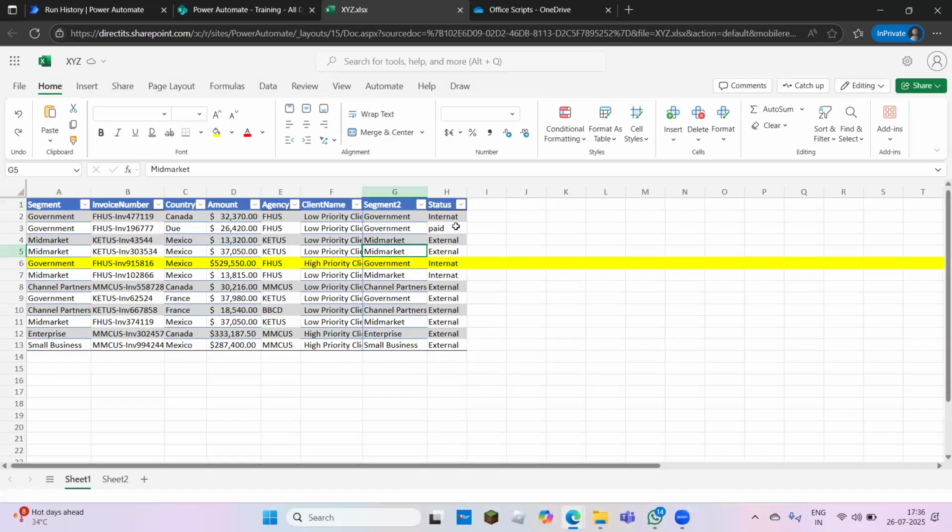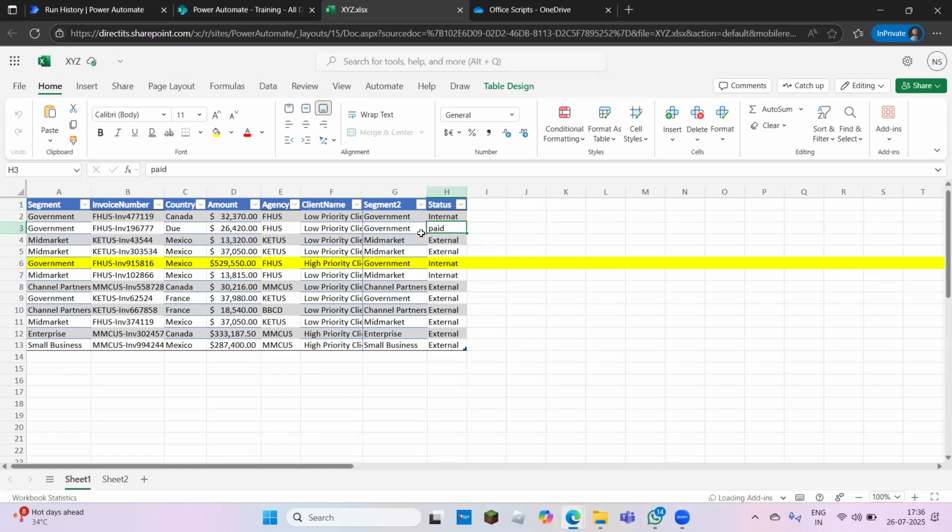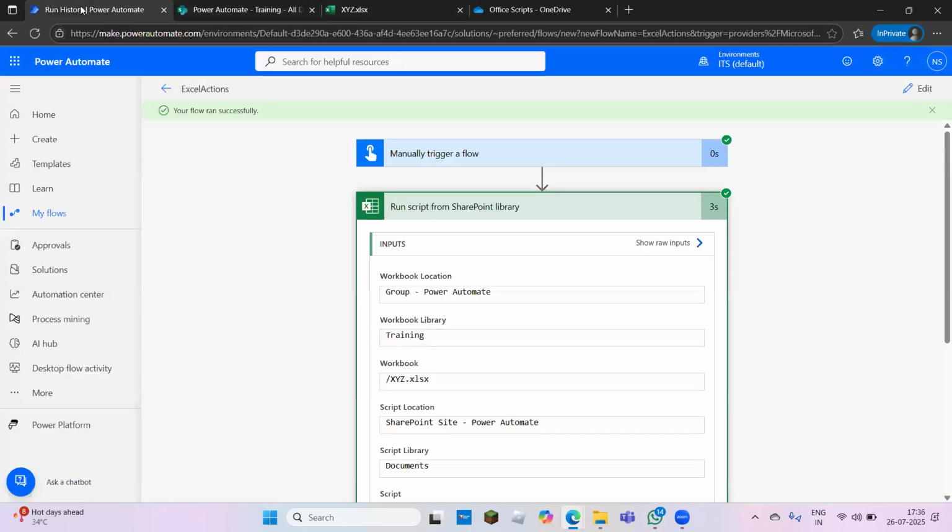Hmm. So status is coming as paid. Maybe the earlier one is not the latest one. So now it is updating the status as paid. So this is how we can use the Office script in the Power Automate Cloud Flows, and this is especially